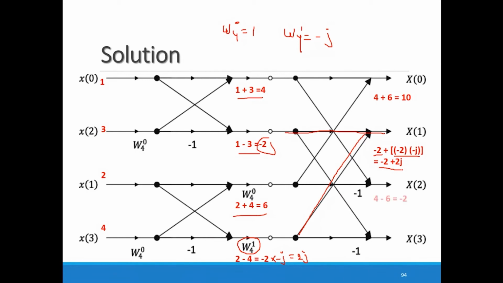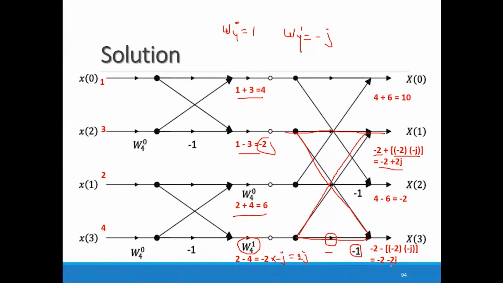And in this third stage, again two real numbers, so 4 minus 6, your answer is -2. In the last stage, you are getting this value -2 from here, and this 2j is coming from here. But as you can notice, here we are doing the inversion of this value because -1 is there. So what happened? -2 multiplied with -j, so you are getting the 2j value. Again you are applying the inversion, so your final answer will be -2 minus 2j. Okay, now Manish, I think I solved your query.